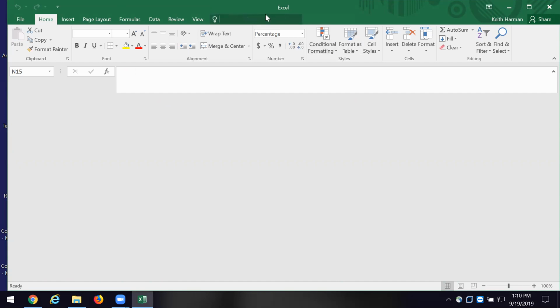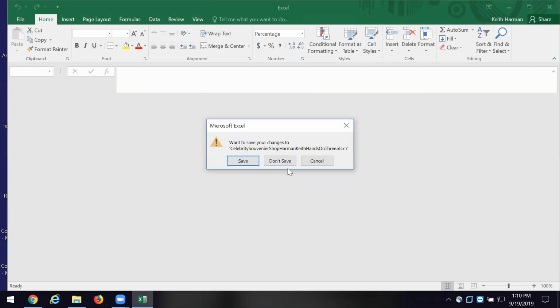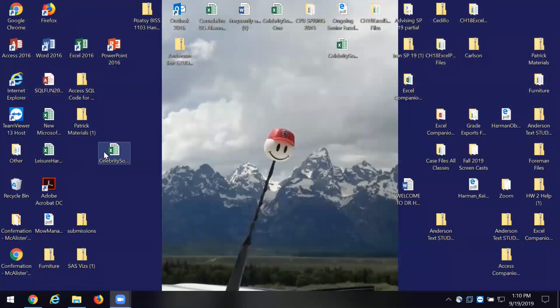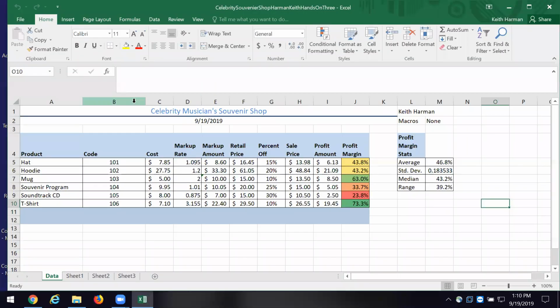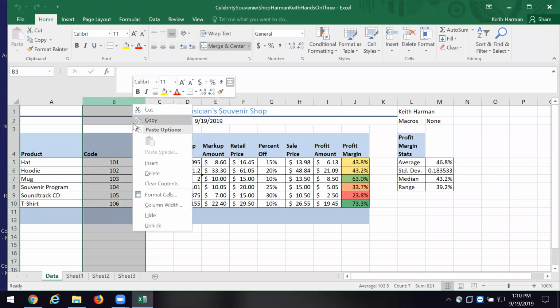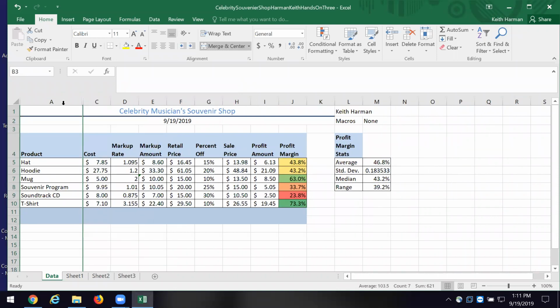Do that for me? Oh, it's not. Well, that's great. But let's do that anyway. I messed around with that a little bit. Now, click on column B, and then see the choices you have on the little tree there. Right click it and you'll hide it. Then when you want to unhide it,